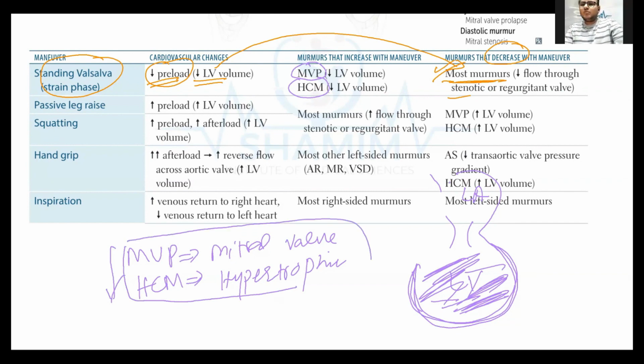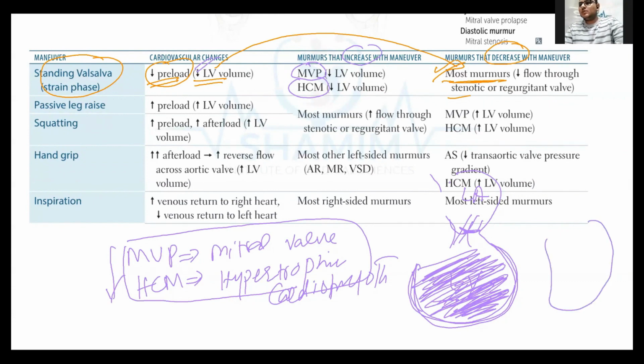माइट्रल वेल्व प्रोलैप्स के और हाइपरट्रॉफिक कार्डियोमायोपैथी। ओके, क्यों, जब ये ज्यादा फिलिंग होगी लेफ्ट वेंट्रिकल की, तो क्या होगा कि जो कॉर्डा टेंडनी जो बेसिकली अपवर्ड चला जाता है, वो नहीं होता, जिसकी वजह से क्या होता है, यहाँ पे बंद हो जाता है, तो रिगर्जिटेशन नहीं होती, तो मरमर कम हो जाता है व्हेन वी फिल दिस लेफ्ट वेंट्रिकल। तो रिमेंबर कि जब हम प्रीलोड कम कर रहे हैं तो मरमर बढ़ जाता है, इसका उलट। मैं इसको अब ऐसे कर देता हूँ, इसमें अब कम ब्लड है, तो जब कम ब्लड होगा लेफ्ट वेंट्रिकुलर क्या होगा, वॉल्यूम कम होगा, तो ये मरमर बढ़ जाएगा।